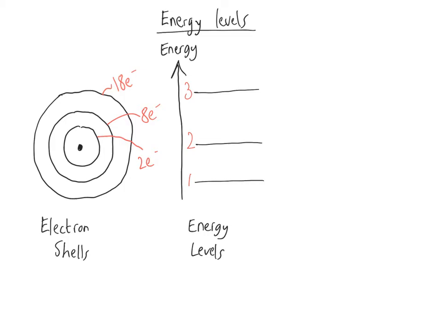This gets even more complicated because electrons in different shells have got different amounts of energy, and so we can take our energy level diagram and actually add an extra level of detail to it. Instead of just looking at energy levels, we can look at sublevels, sometimes also called subshells. Now, the first one's nice and easy. The first sublevel is the same as the first energy level, but it immediately gets complicated after that first level